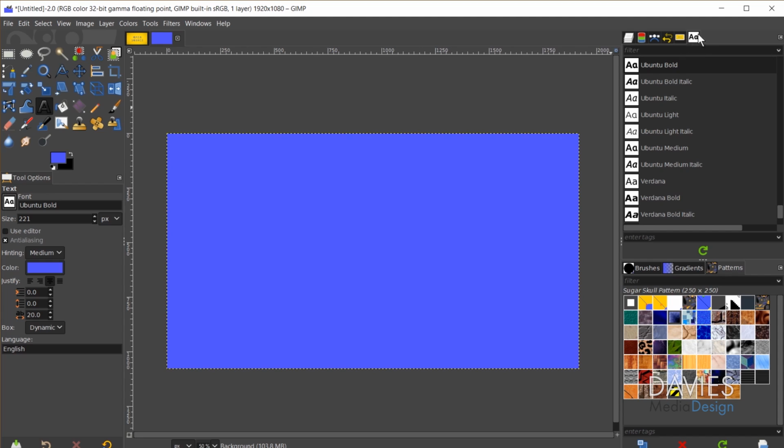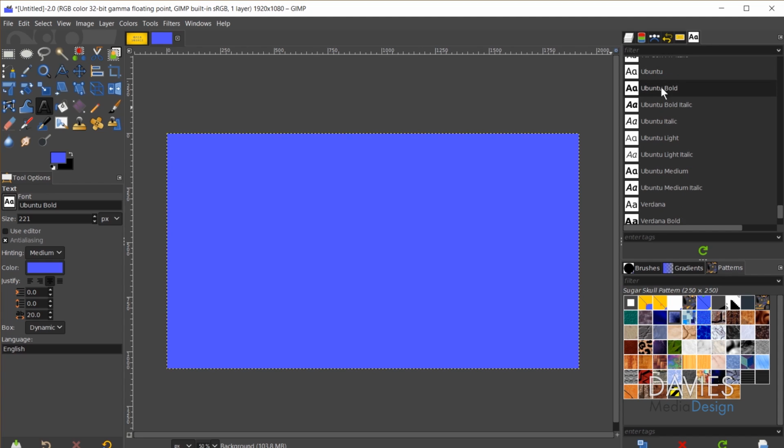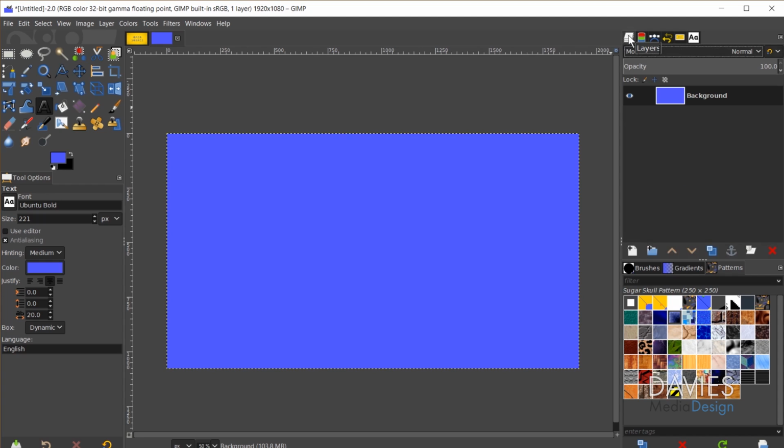That'll open up your text in this little dialog over here, and you can search through the various fonts. So I went with Ubuntu Bold. I'll come back over here to my layers panel. So I want to set my color for my font to be the yellow color I'm going to be using